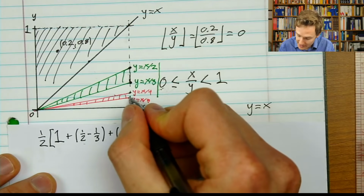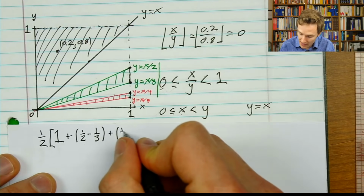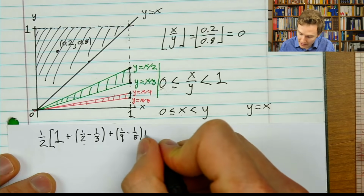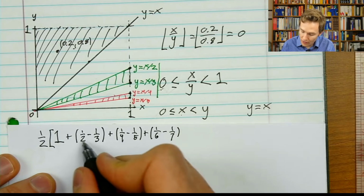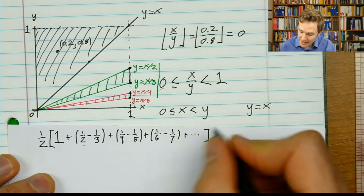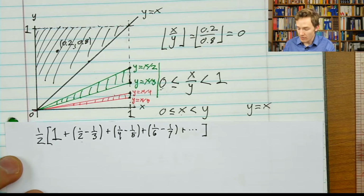This next one, what's the distance between these 2 points? Well, it's 1/4 minus 1/5. That's the distance between these, given how they were defined. So we have 1/4 minus 1/5. And in general, we have this kind of oscillating sum, 1/6 minus 1/7, where we have all the reciprocals of the natural numbers, but we're adding that up infinitely many different times, okay? And we want to know what that sum happens to be. And from here,